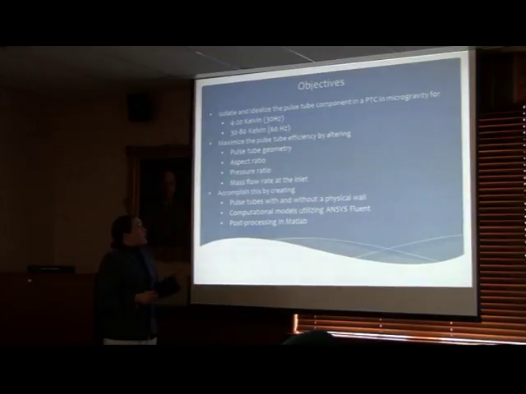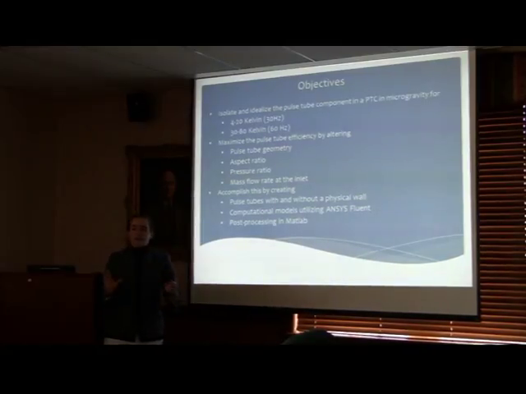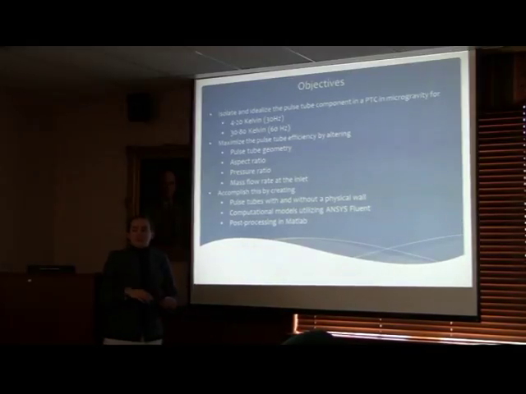So objectives. I want to isolate and idealize the pulse tube component of the pulse tube cryocooler for microgravity conditions. In cooling infrared sensors, we'd be working with either 4 to 20 Kelvin, which is a 30 hertz case, so that's the frequency it'll be operating at, or 30 to 80 Kelvin. And we're going to maximize the pulse tube based off of 4 main components: the actual geometry of the pulse tube, the length and diameter; the aspect ratio, which is the ratio of length to diameter, so changing the way the pulse tube is shaped a bit; the pressure ratio; and the mass flow rate at the inlet of the pulse tube. And we're going to accomplish